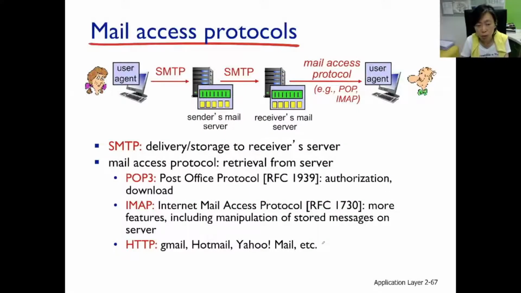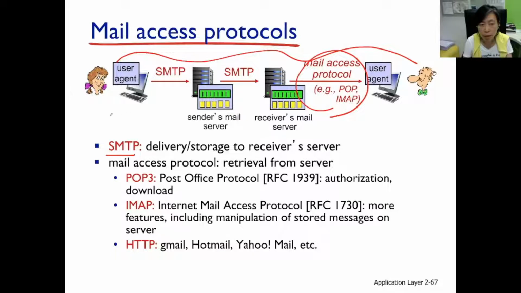And then we'll switch gears just a little bit and talk about the last part of the email application. So we've talked about the flow of sending an email all the way from Alice to Bob, right? So the mail access protocol runs here. Okay, so it's this part of the entire flow. SMTP that we talked about earlier only covers email exchange to the receiver's mail server. In between the receiver's mail server and the actual receiver, it's this protocol that's controlling.